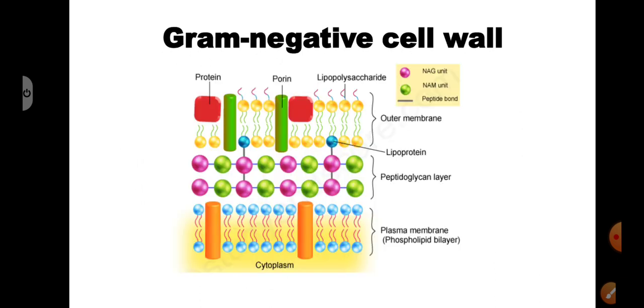Okay, so let us see the picture. Here, look at the cytoplasm. The cytoplasm is bound by the plasma membrane, and external to this is the cell wall. You can see that the peptidoglycan is thin, and external to the peptidoglycan is an outer membrane which has these porin channels and outer membrane proteins in it, and there is a lipopolysaccharide which is composed of lipid A, core polysaccharide, and the O side chain or O antigen. So the bacterial cell wall is a very important question.